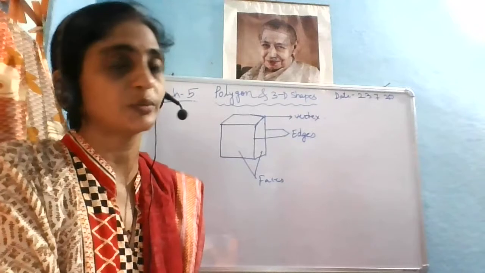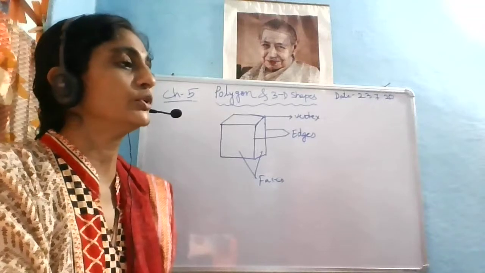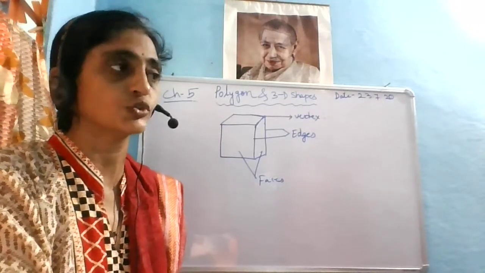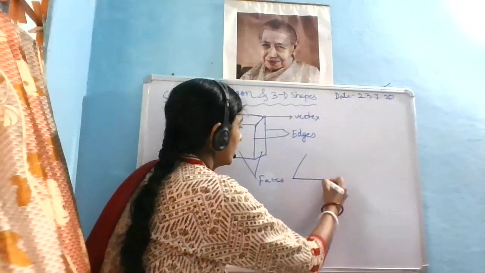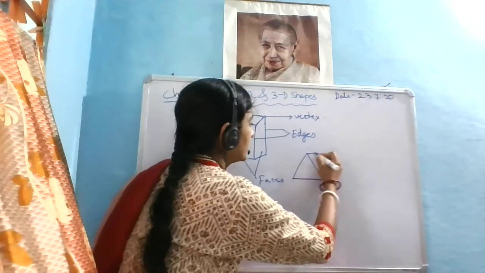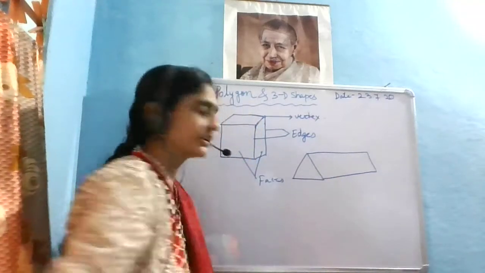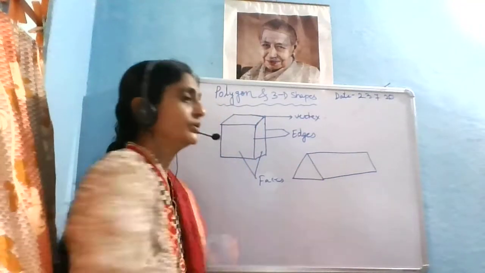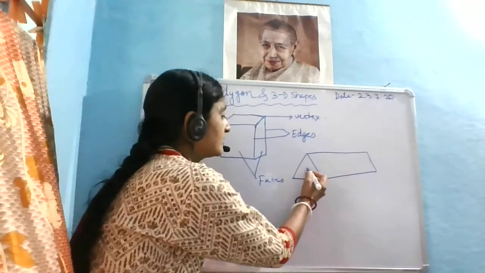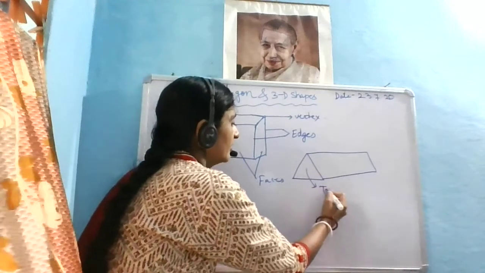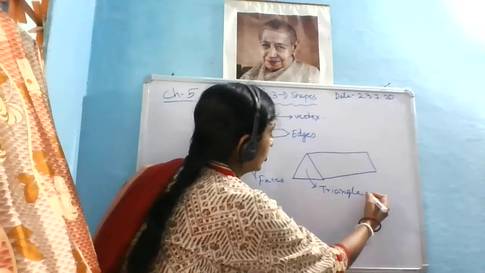We have different types of polyhedrons, like one is prism, another one is pyramid. I hope all of you used to use that eraser of domes. The shape of this one is like that. It has one triangular face, something like that. This is a type of prism. It is a prism shape. As this base looks like a triangle, it will be called a triangular prism.